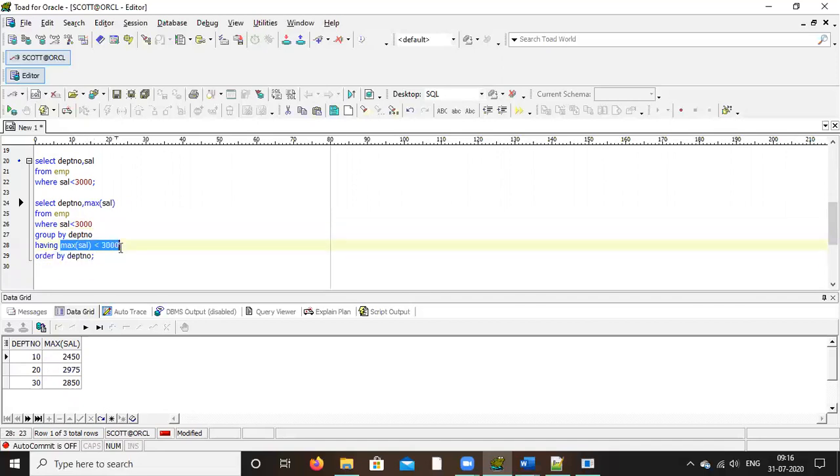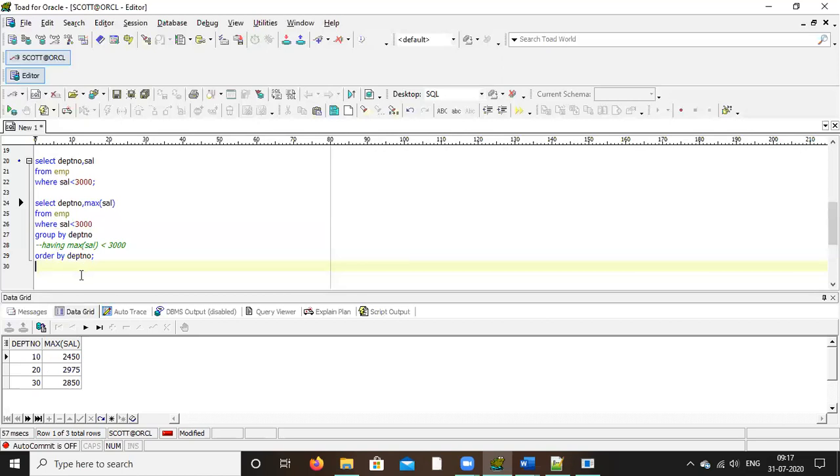Now one second. Just comment that having clause. Run it. So it's the same. So what happened here? If you give where salary below 3,000, the first thing it will do is filter all the records below 3,000, then it will do the group by.